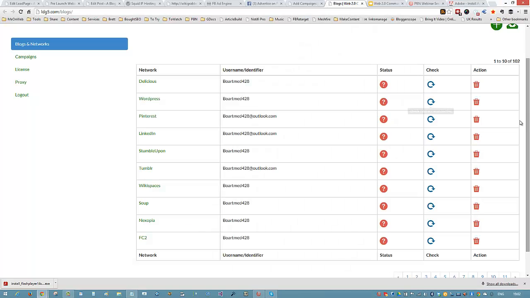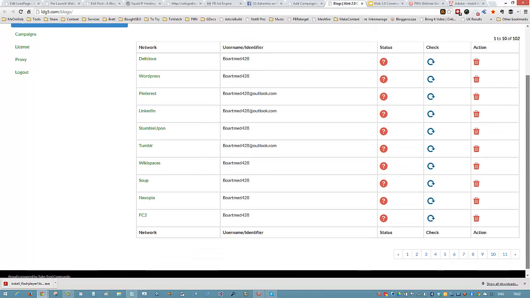Okay, and you'll find that we're doing the same thing with Social Bookmark Commando as well. And by doing that, we've got fewer problems with the actual programming of the tool and running and maintaining those tools. And that way we can get good quality links. So you can see here we're using Delicious, WordPress, Pinterest, LinkedIn, Stumble, Tumblr, Wikispaces, and some other ones here as well. Now we will be adding maybe things like Blogger, and we might be adding some